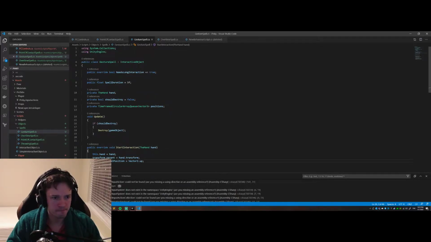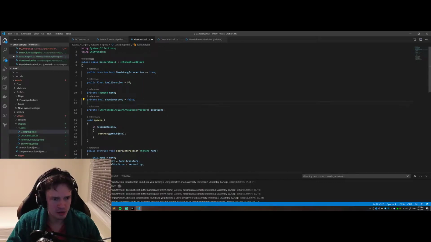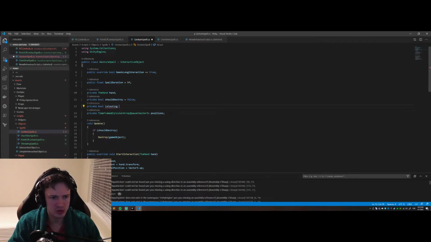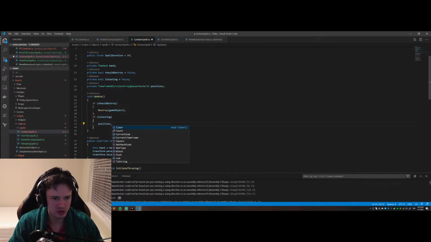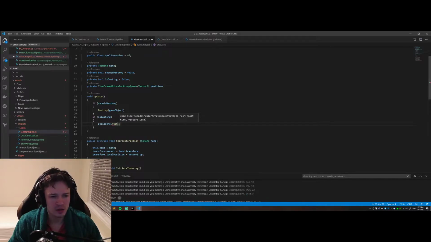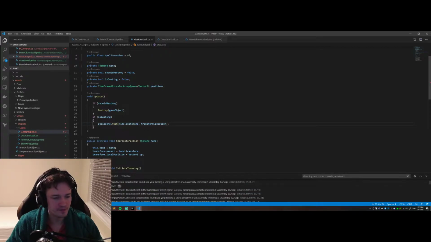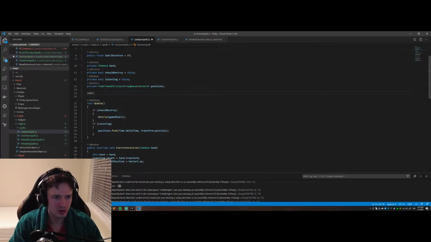Okay. Then here I will need isCasting equals false. Then what I will do is if isCasting, then positions dot push, I believe. Yep, good. Time dot delta time and transform position. Then on awake